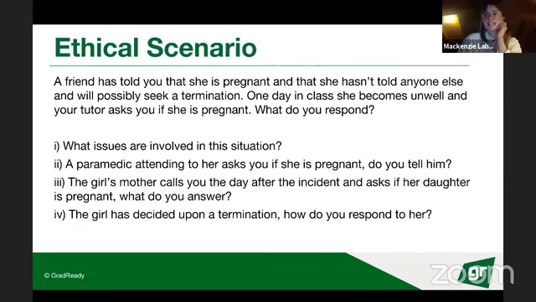You would only break confidentiality if the person was at immediate harm to themselves or others. So that could also help guide you in your answers for these two middle ones. If you were really concerned about your friend's well-being and you thought that her mother could help that situation, it would be reasonable to say something to her. But otherwise, confidentiality and autonomy of your friend is key.